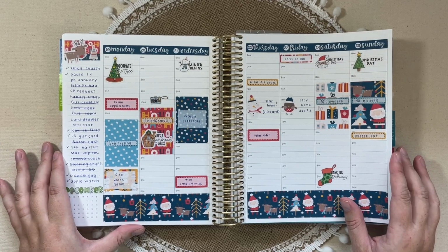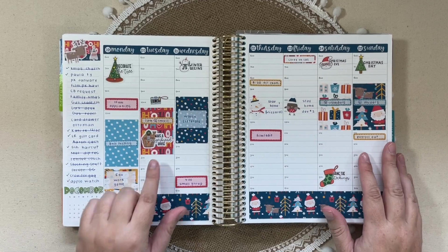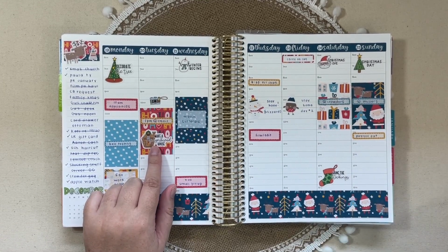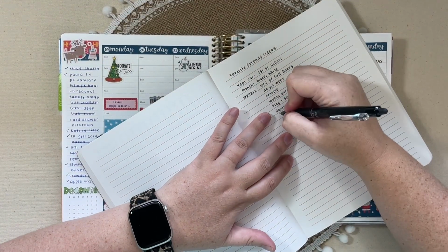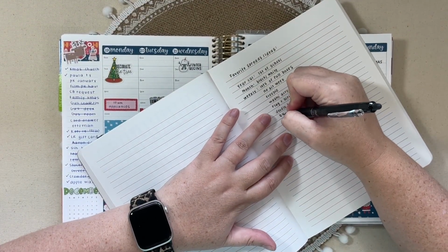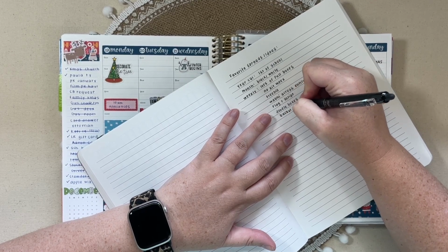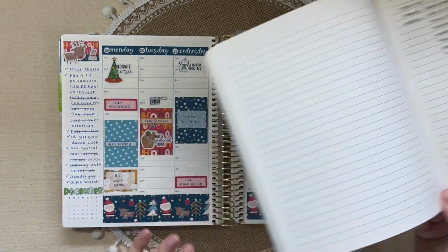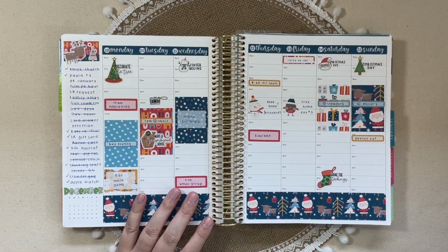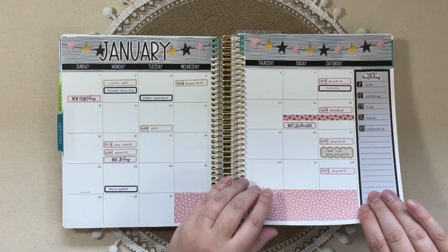And then it looks like we were home for break and we did some fun things. I need to do better about incorporating these bucket list items. That's really fun. So move those maybe out of my decorative album and into my favorites, and maybe that way I'll do better about using them. Okay, into January